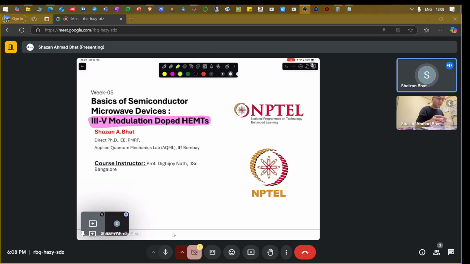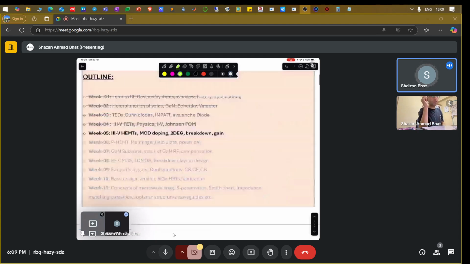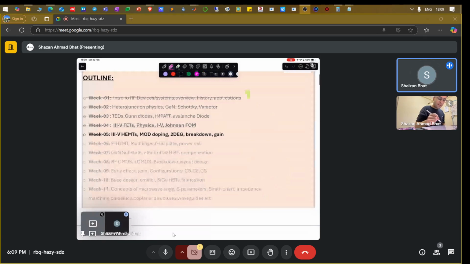So this course is being offered on NPTEL by the course instructor Professor Digvijoy from IISc Bangalore, from the Science Department of IISc Bangalore. And this is the outline showing what we have covered till now. If you can see, these first four sections have been covered till date. These four, and we have covered introductory, the RF devices, heterojunction physics, which covered some of the